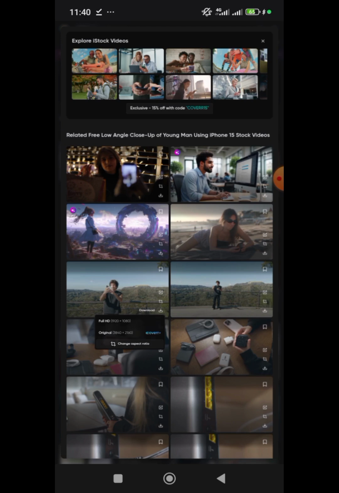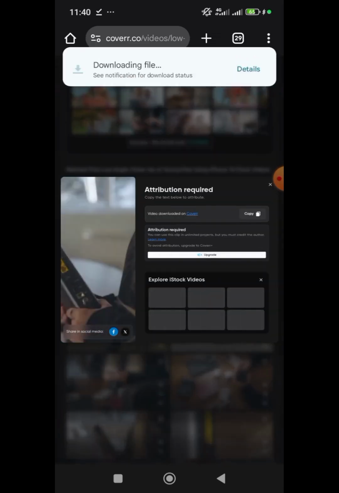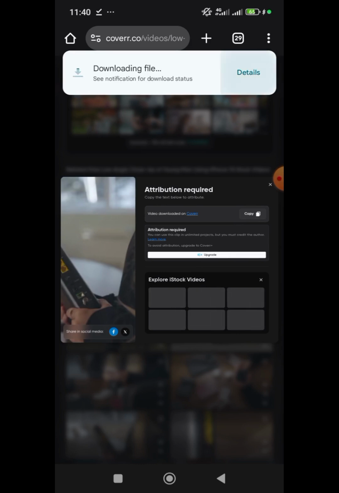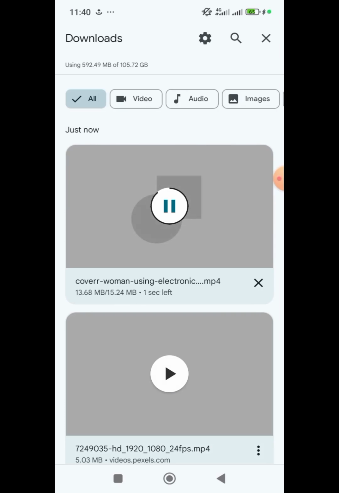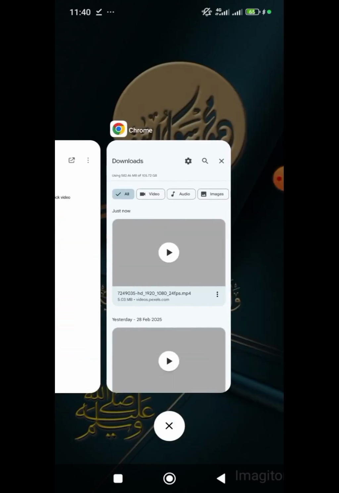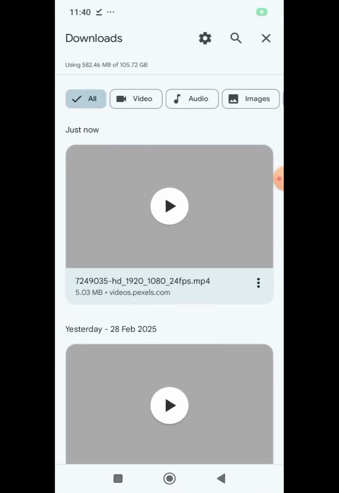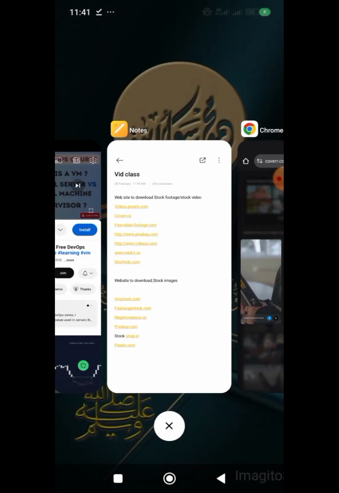Let me just come to another one that might be needed. If you want to change the ratio, full HD. So the thing is downloading. It has downloaded. Let me cancel it. I'm not downloading it. Okay. That's the second method on how you can download our stock video. Then the third one will be